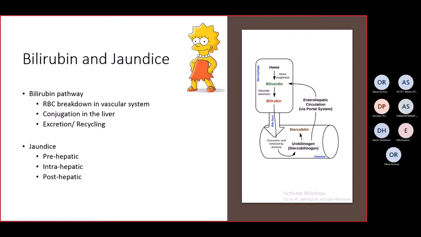But remember that the bilirubin has a higher affinity for making the eyes jaundiced before it does the skin. So when you're doing your abdominal or your GI exam on someone, make sure to look at their eyes and take note of the whites of their eyes, because that's the first thing that will become slightly yellow. And yellow is probably the wrong term. It starts to look a bit sort of like dusky green. You might say, oh, they look a bit tired, and really focus on the whites of their eyes